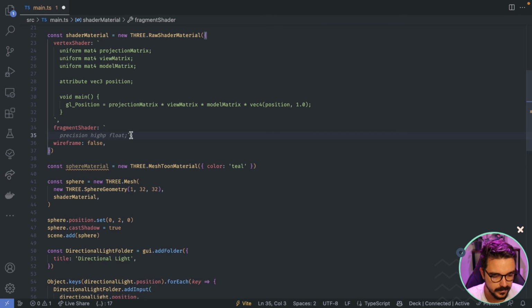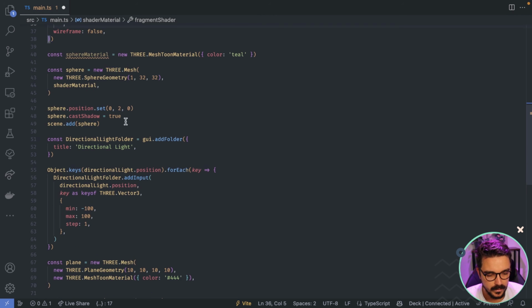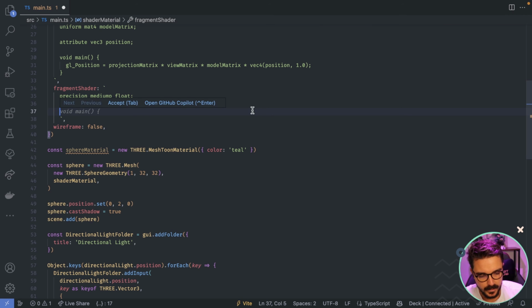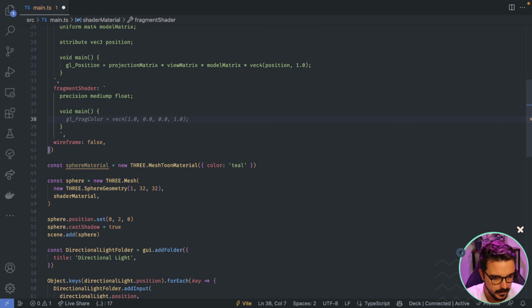So let's go to the fragment shader, and here you're gonna define a precision highp float. I'm gonna put it to medium because it will affect the performance, but in case you have a strong machine, go for it. Here we're basically going to define the color of our material, okay?